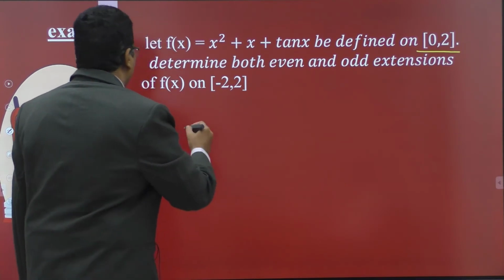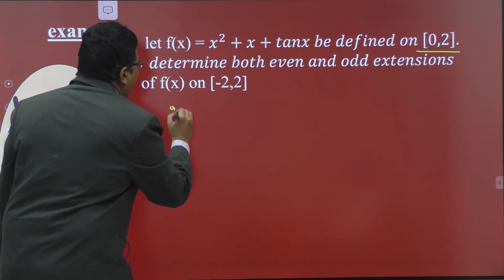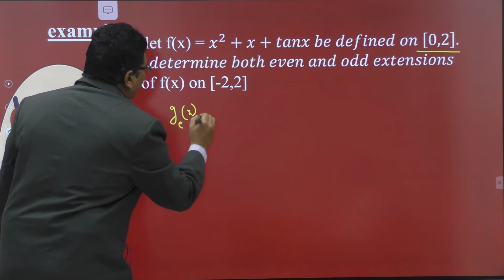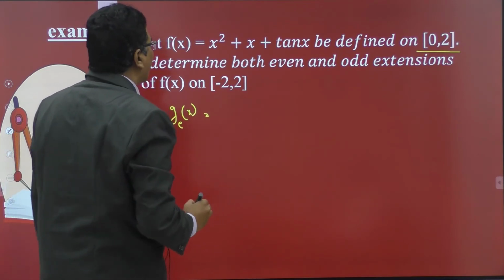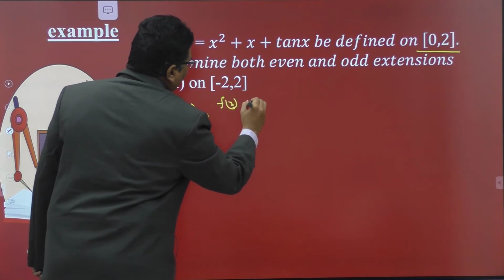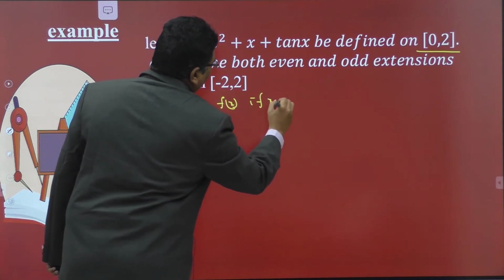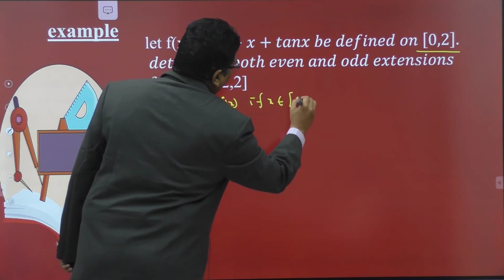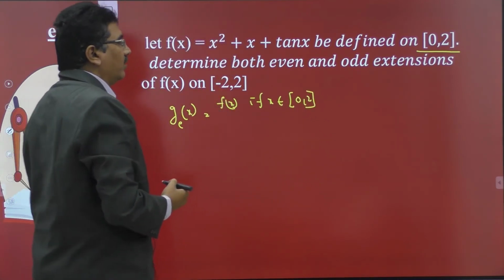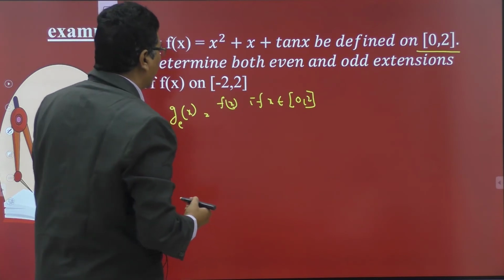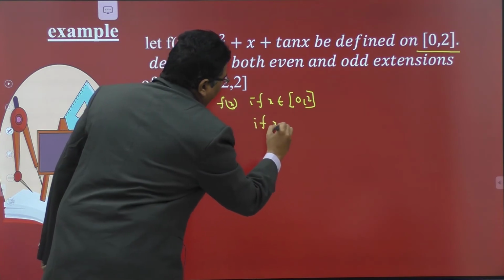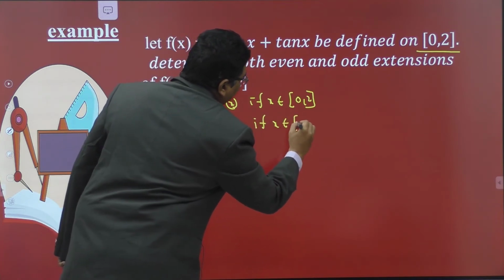The definition of an even extension of f is equal to f of x if x belongs to closed interval 0, 2, and f of minus x if x belongs to closed interval -2, 0.